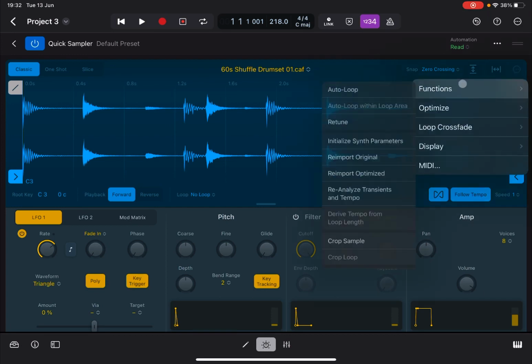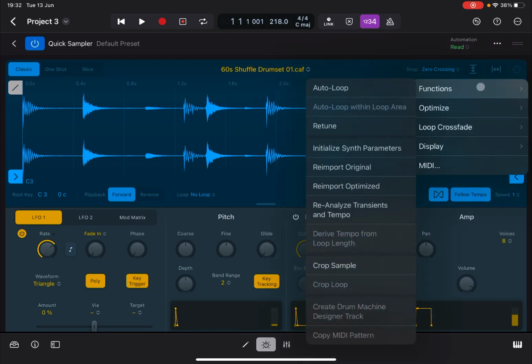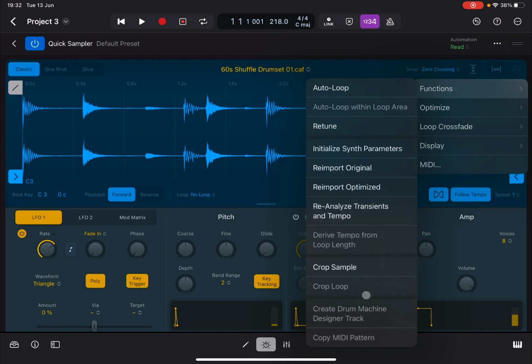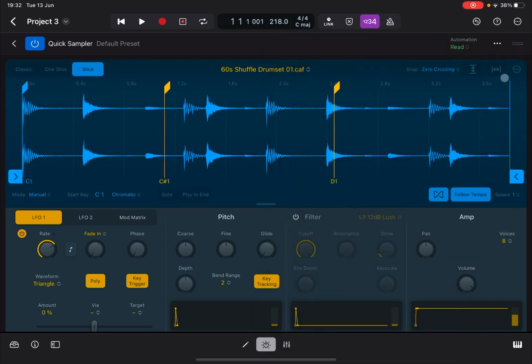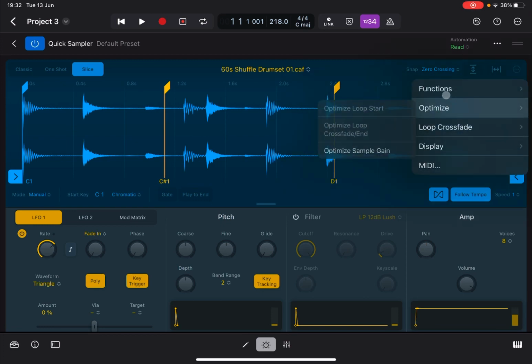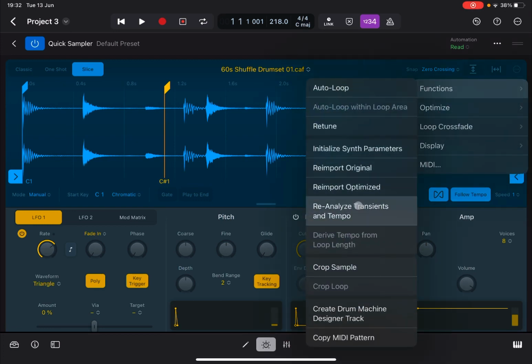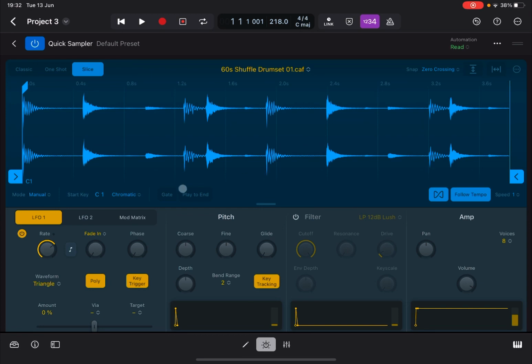Now let's continue the exploration. You have also the ability to create a drum machine design track, or also copy the MIDI pattern, and this is really cool. Again, you need to be in slice mode, okay, and let's say that we're trying to reanalyze the transient,